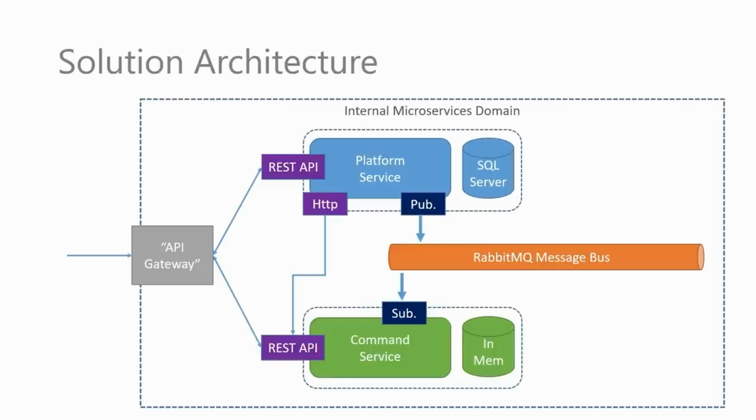Again, services don't share the same database, but they do need to share the same data. And so the main problem that we're really looking at here is how do we make sure that all these services have all the data that they need, and data that may come from other services. So in this case, we're going to use a publisher-subscriber model, asynchronous messaging to get that information down into our command service. And again, to labour the point, the platform service does not even know that the command service exists.